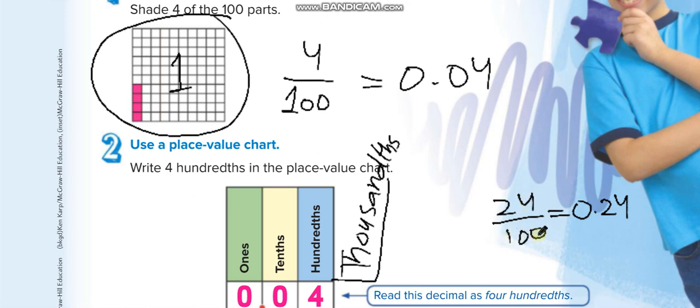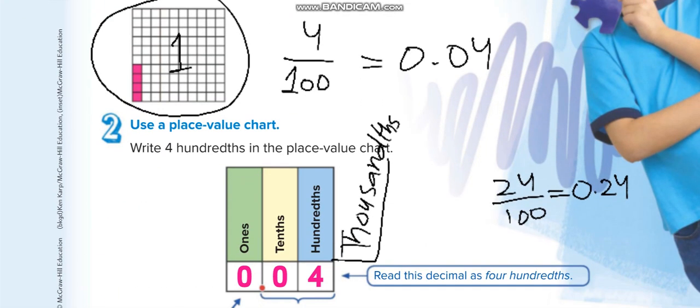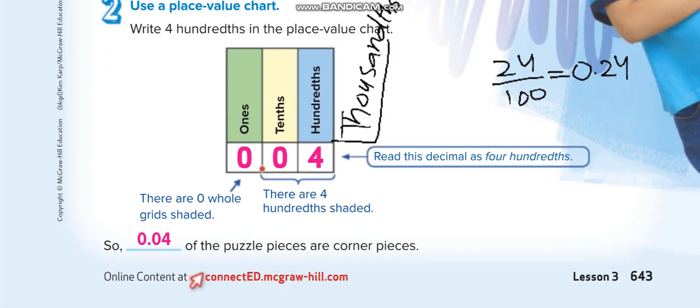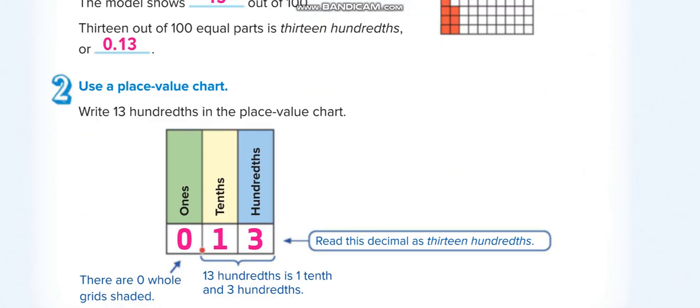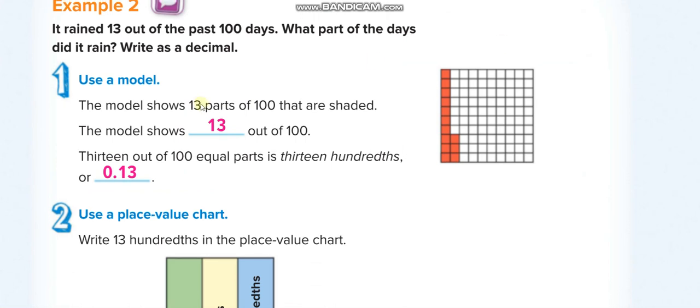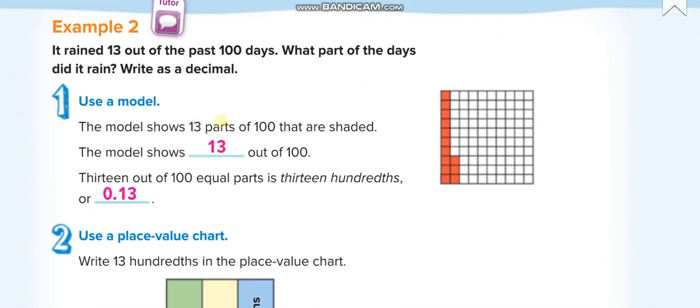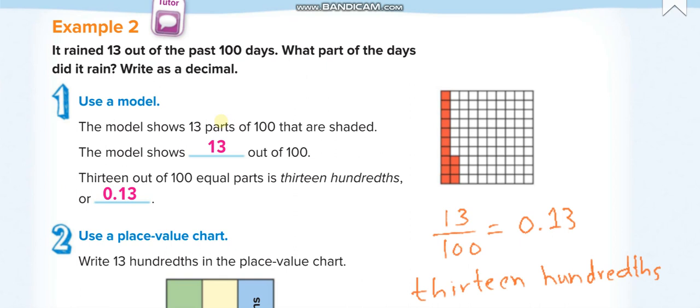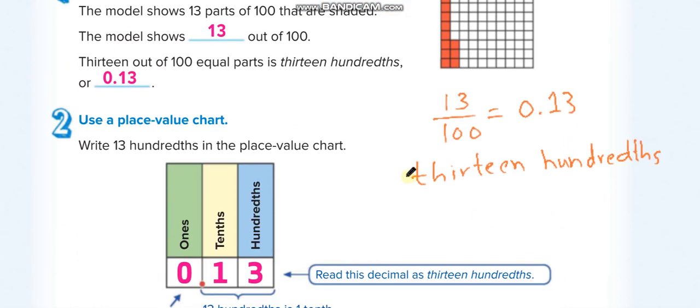The denominator shows the place value of the last digit, hundredths. The first one is tenths, the second one is hundredths. Okay, so this is the first one, 0.04. Now 13 out of 100. So it becomes 0.13, and its word form, how we read it, guys, is 13, and we will say the